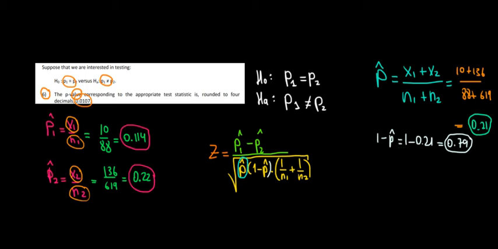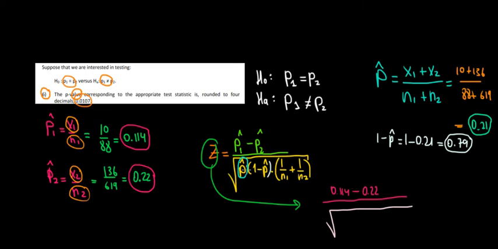What are we gonna have? Let me get some space and write it right next to it. So the z value we're gonna write over here. The difference between the proportions is gonna be equal to 0.114 minus 0.22, divided by the square root of that entire thing. So let's just take the square root of p hat. We just calculated that, 0.21, so that's gonna be over here 0.21 multiplied with the remaining 0.79 times the bracket